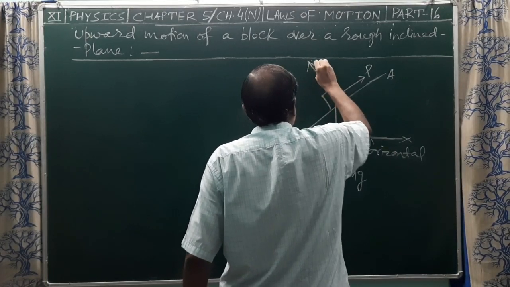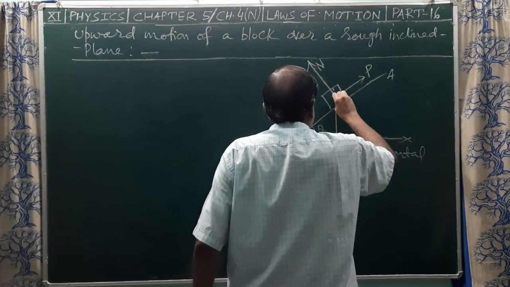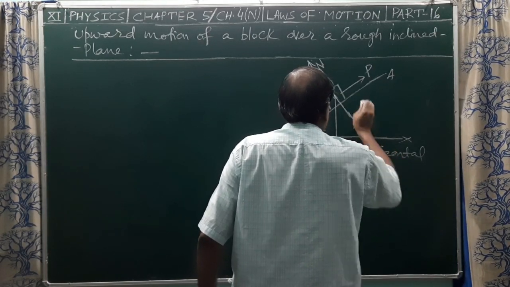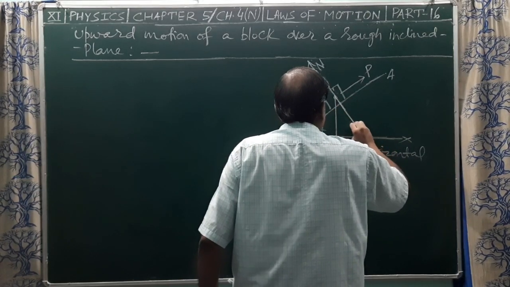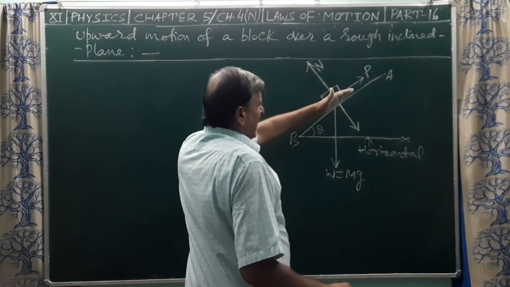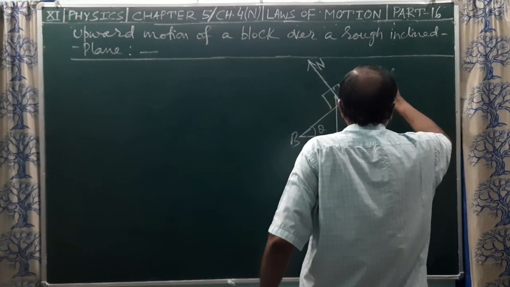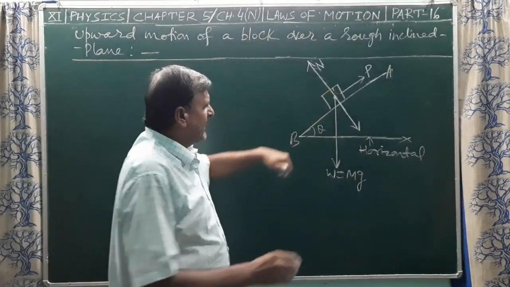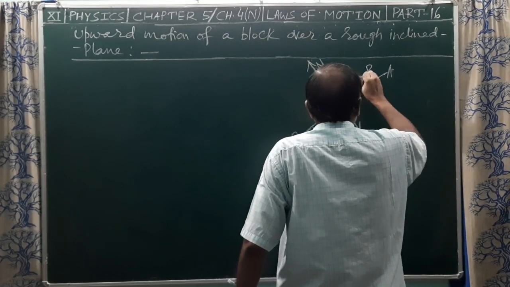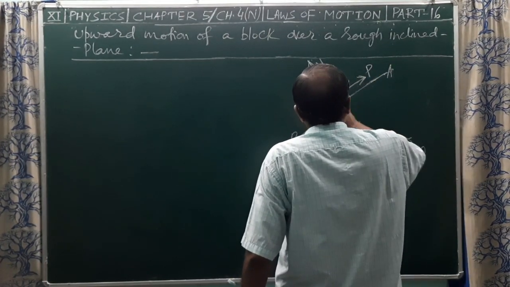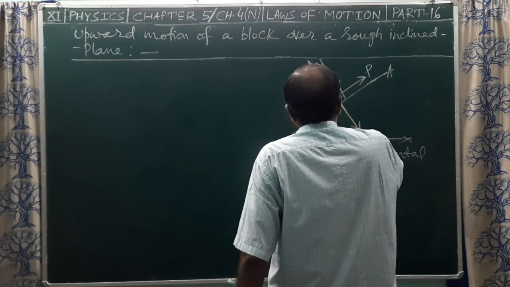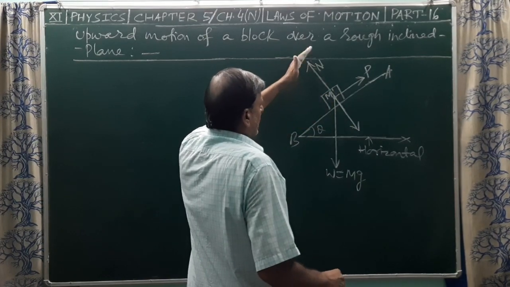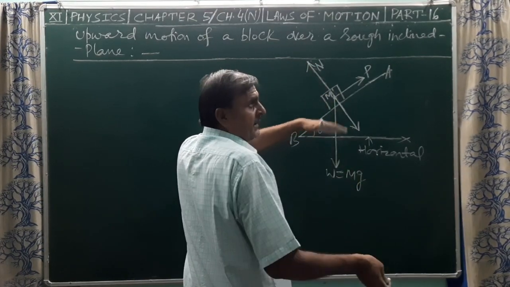This is normal reaction of the surface, and this will balance one component of the weight, that is vertical component of the weight, mg cos theta. नॉर्मल रिएक्शन के द्वारा, इंक्लाइन प्लेन AB, इसका इंक्लिनेशन हॉरिजॉन्टल से हमने सपोज किया है थीटा. इस पर कोई ब्लॉक m मास का ब्लॉक एक्सटर्नल फोर्स P के हेल्प से अपवर्ड डायरेक्शन में पुल किया जा रहा है, खींचा जा रहा है, तो बॉडी का वेट वर्टिकली डाउनवर्ड काम करेगा, नॉर्मल रिएक्शन सरफेस का अपवर्ड काम करेगा. नॉर्मल रिएक्शन और वेट एक दूसरे के जस्ट अपोजिट नहीं हैं,